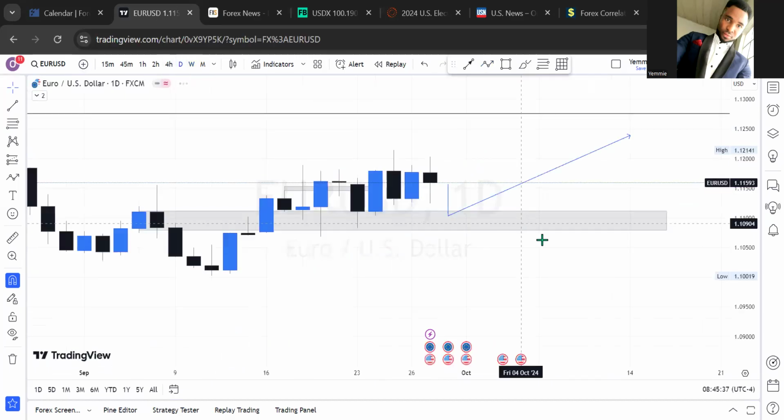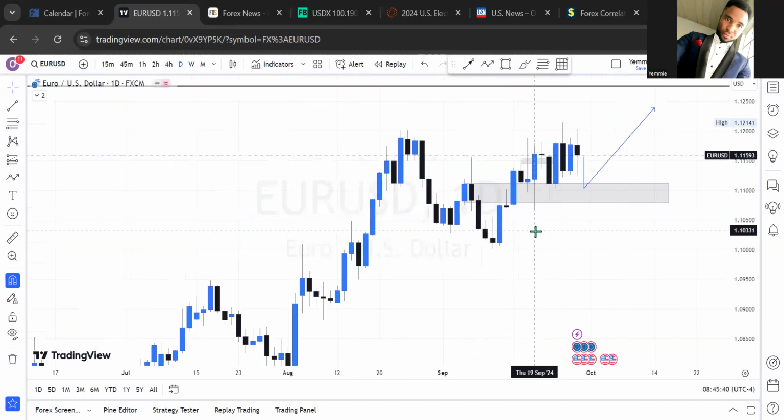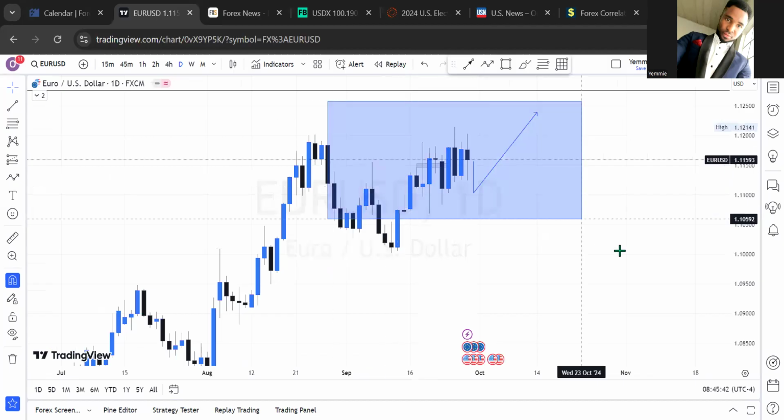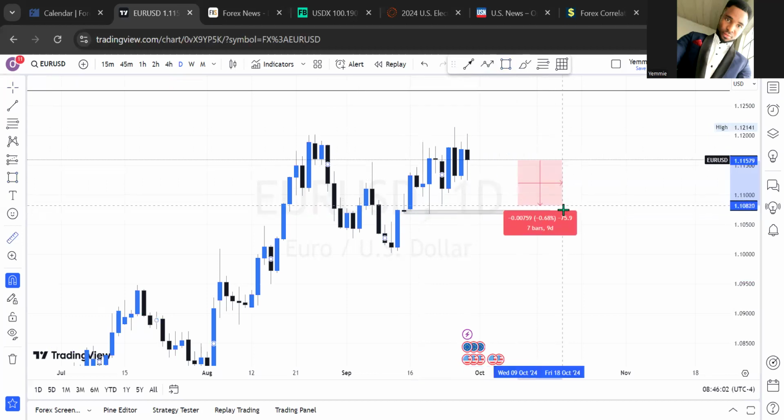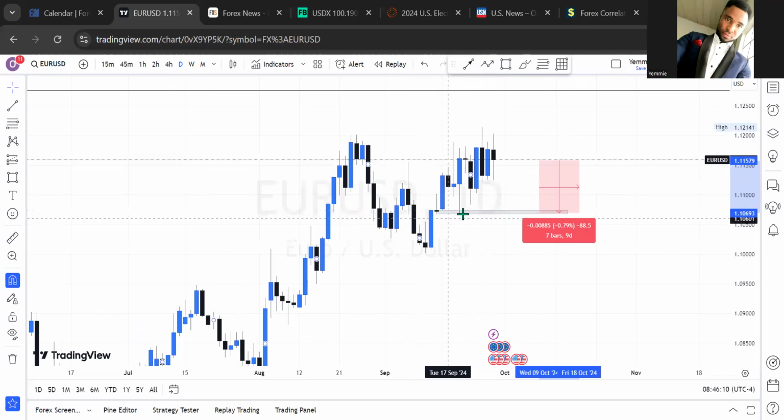Basically, let's further refine this on the daily. Let's see what that means on daily. Everything I've talked about, I'm only waiting for the market to clear some of these highs, because the market has been creating higher highs and higher lows within this price contest. So what am I expecting? Basically, I'm expecting the market to come lower, to sell below this price range right here. If I calculate that, that's about 88 pips to 90 pips on average. So essentially, I'm waiting for the market to break below this low price range before I get an opportunity for a buy.